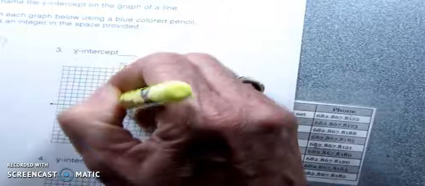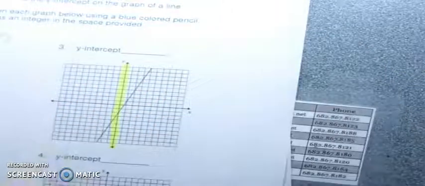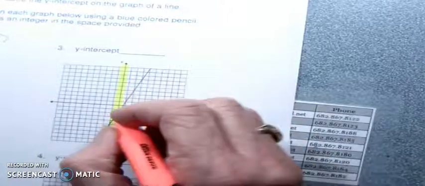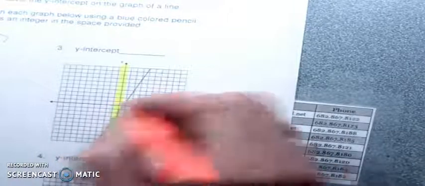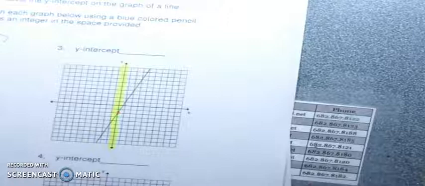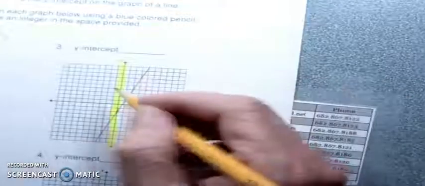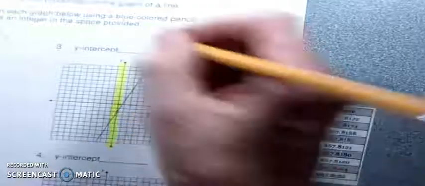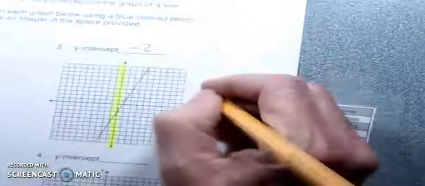Highlighting that y-axis. And looking at where the line crosses the y-axis, which happens to be right here. It's below the x-axis, so I know it's going to be negative. In this case, it's -1, -2. -2. I could also write it as